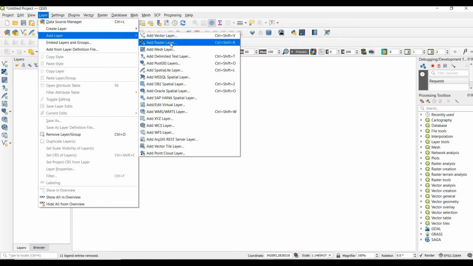Vector layer is in the form of points, line and polygon, but raster layer is some kind of tile format containing lots of pixels.